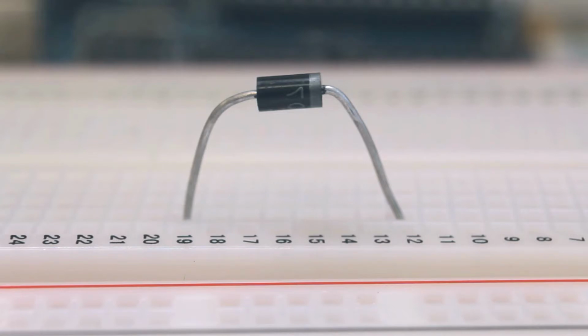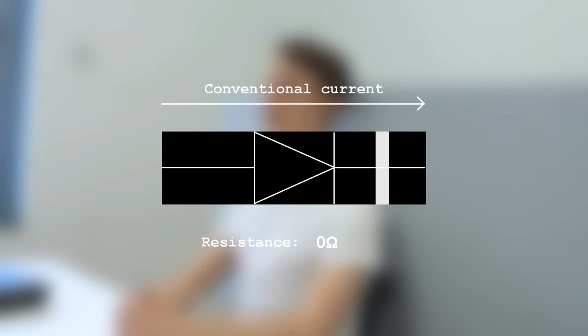The orientation of the diode is usually marked with a gray bar at one end. That end is the output of the diode. Ideally, a perfect diode has zero resistance in one direction and infinite in the other. In practice, this is not achievable, but real-world diodes still work sufficiently.